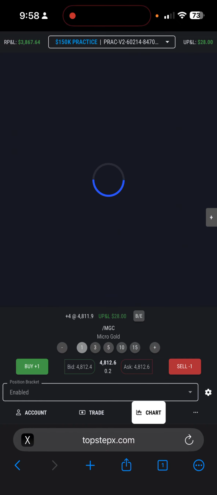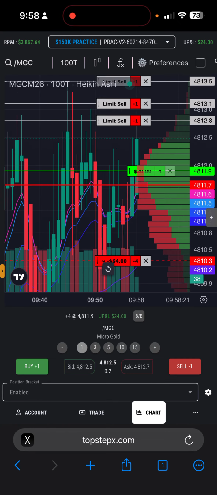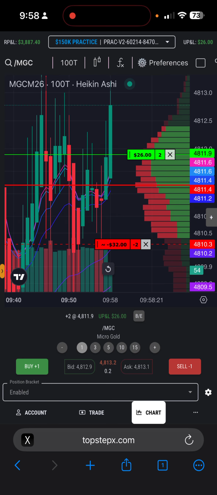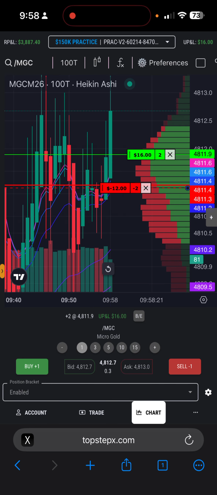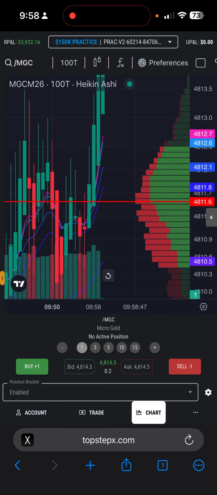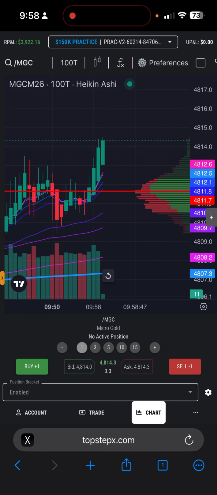So here's a few contracts in. Order filled. So boom, we've taken 2 off now, and then order filled. Taken 3 off. Now we can lower our risk a little bit. Now we're only risking $12. I'm sure we've already made more than that, and boom, we're out. That whole trade played out, but it's just a way to manage risk.